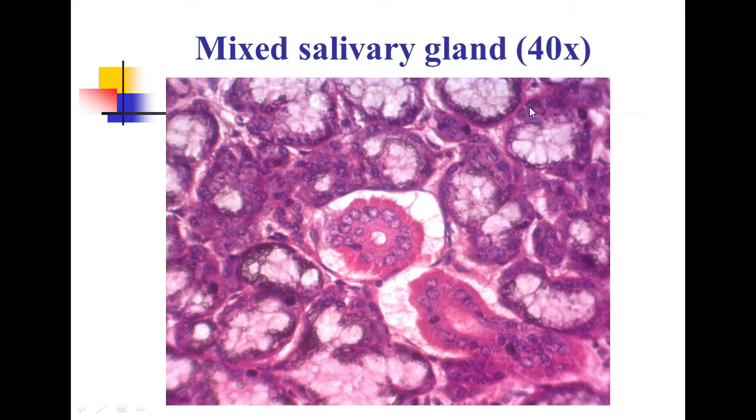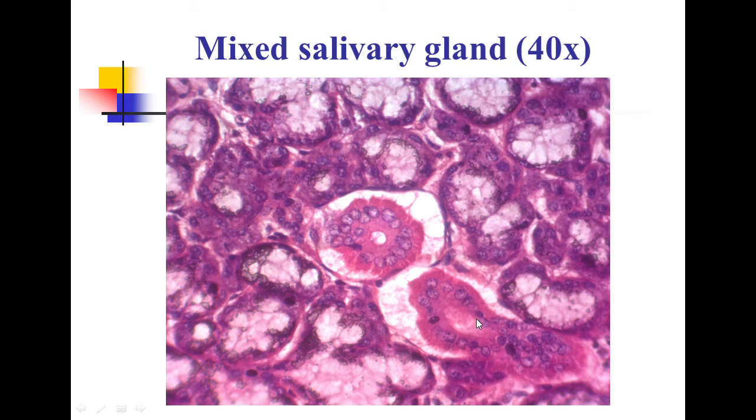You cannot see the cells clearly. You cannot see the cell margins, but you can clearly see the nuclei of serous cells. So the mucus acinus, a complete mucus acinus, is capped by serous acinus. So this structure is called serous demilunes, and this is the characteristic feature of the mixed salivary gland. So mixed salivary gland contains both acini, serous acini as well as mucus acini. There is a presence of serous demilunes, and then there are the ducts.